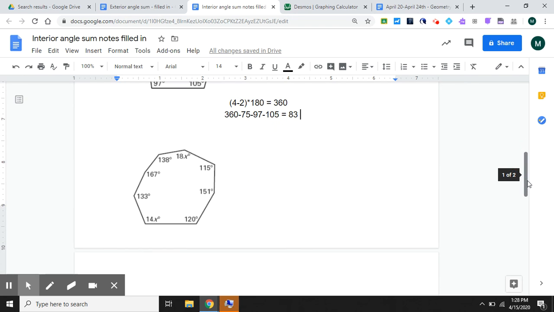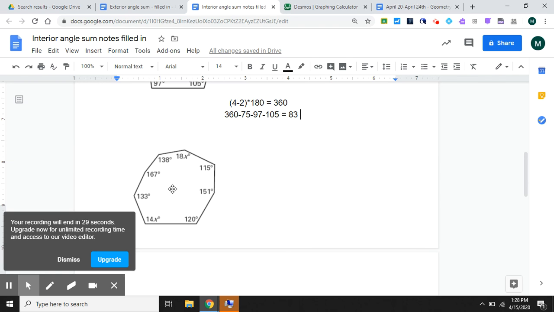Last example. This is not necessarily as easy when you have variables in here. So what I like to do is